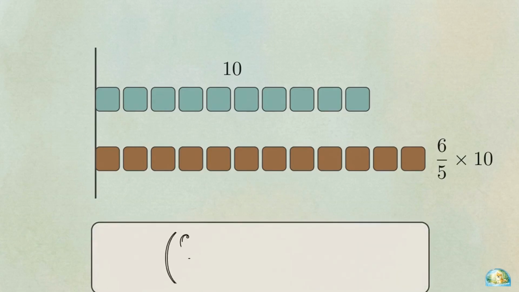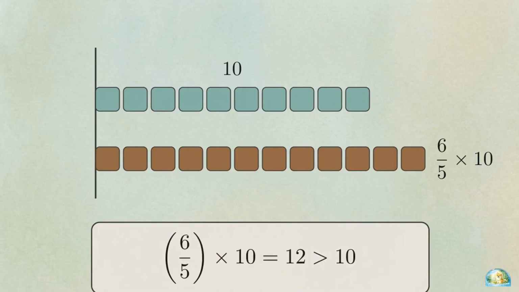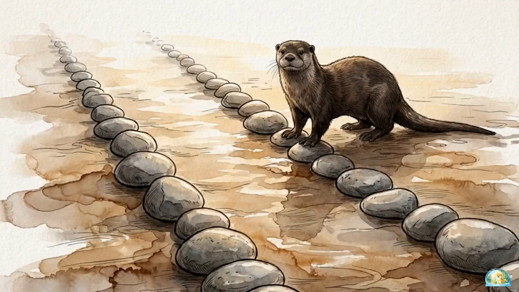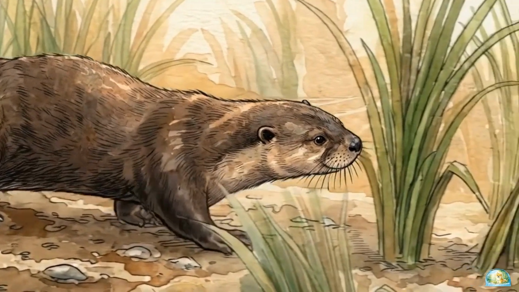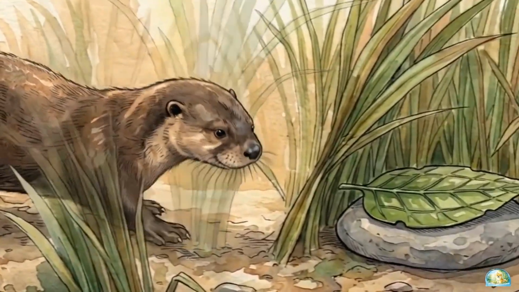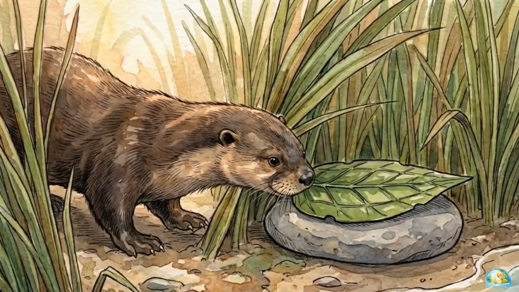The calculation proves the prediction. Multiplying 10 by 6/5 yields 12. Whenever a multiplier crosses above the threshold of 1, the final product is mathematically guaranteed to be greater than the original positive quantity. Hidden safely beneath the thick green reeds along the rising stream current is a completely different kind